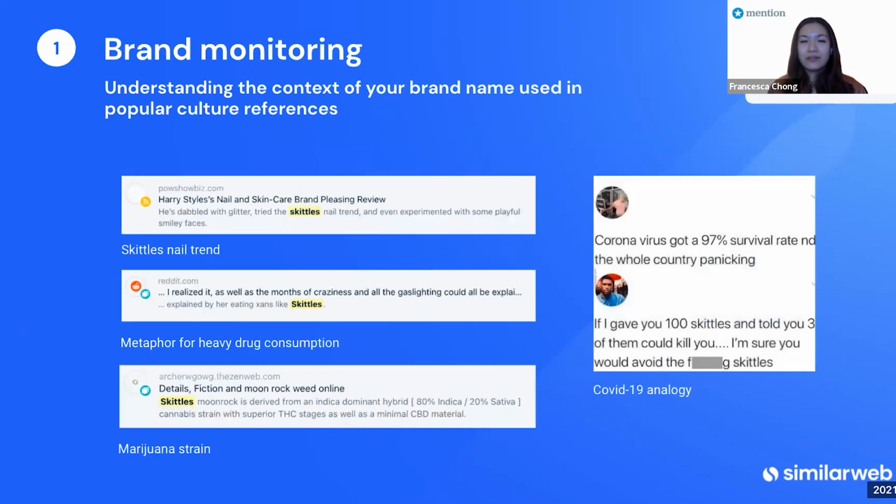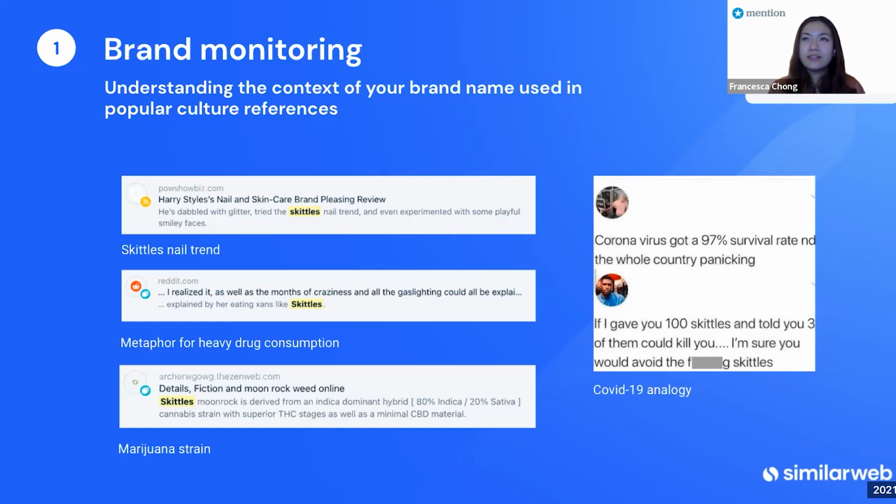And the next part, which is very important, especially if you are a big brand, because the bigger the brand you are, the more you become a point of cultural reference. This can be positive, this can be negative, it might even be neutral. In some instances, it could be portrayed in an ironic way. But understanding the nuances of how social media and how your audience is transforming your brand into a meme, for example, can make sure that you don't slip up if you do decide to join the online conversation.